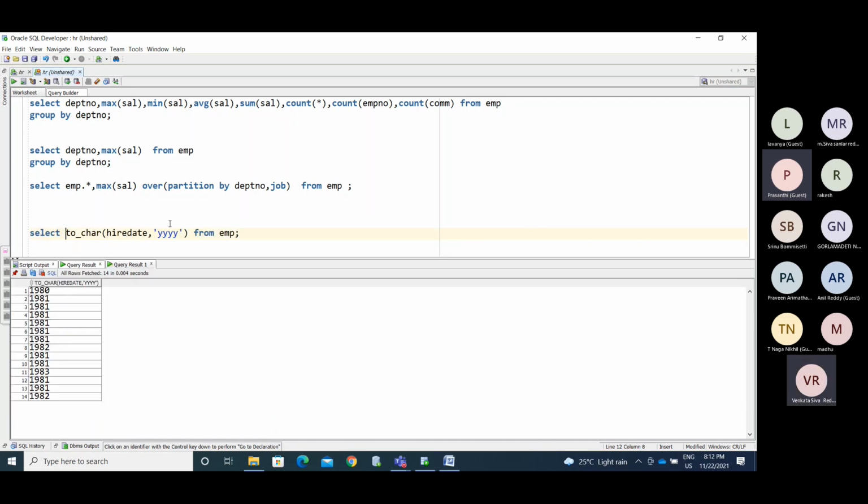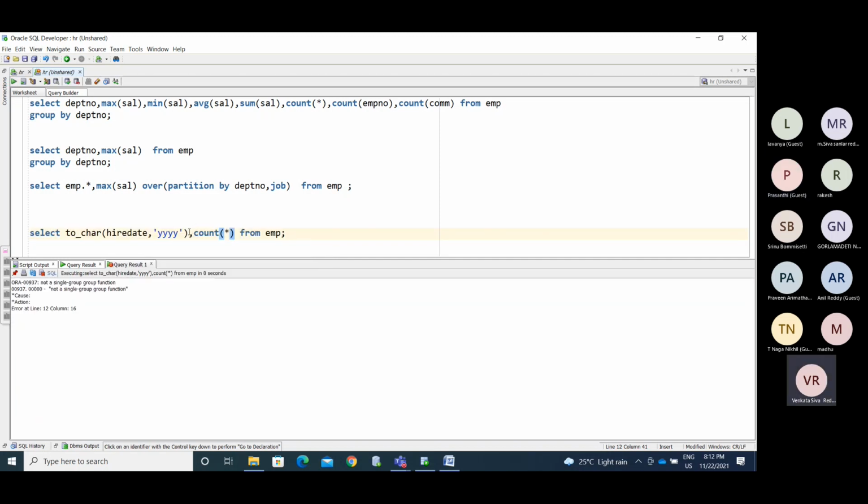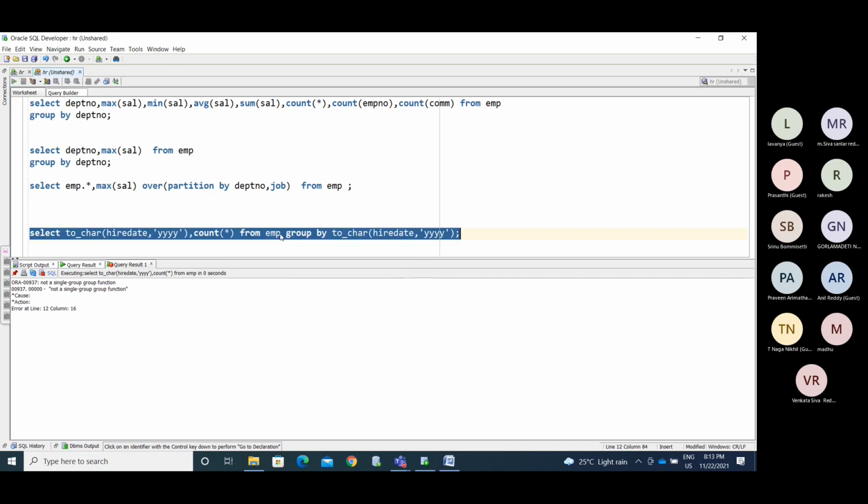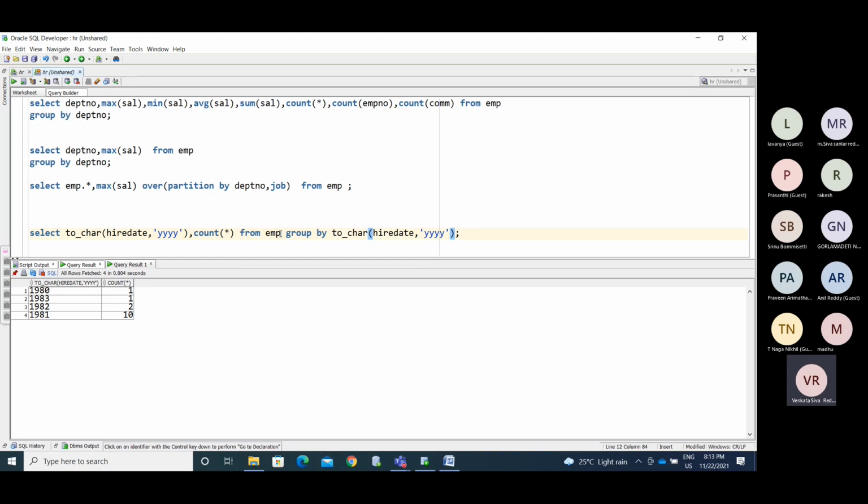Okay, how many people we have? So we need to use the count star, otherwise we get an error, because we need to use this in a group by clause. Now we have how many people have joined year wise.